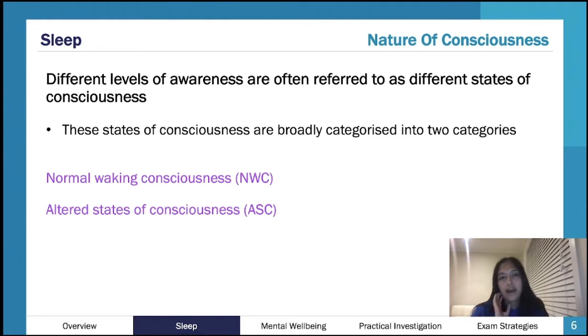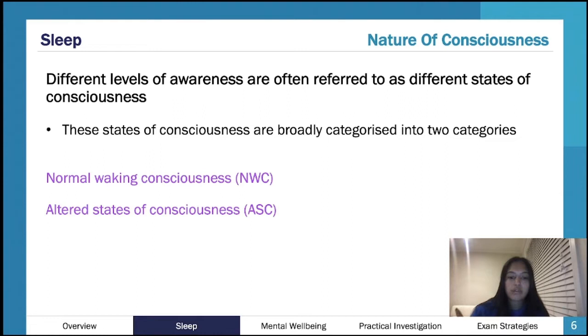You don't really have to worry about the nature of consciousness as much. You just have to know about it relating to sleep. So I think that's obviously a big change. When you use past exams or past resources, if you see stuff that's delving into consciousness a little bit too much, don't get too sidetracked. That's relating to previous years.